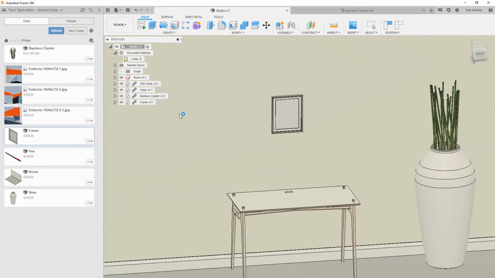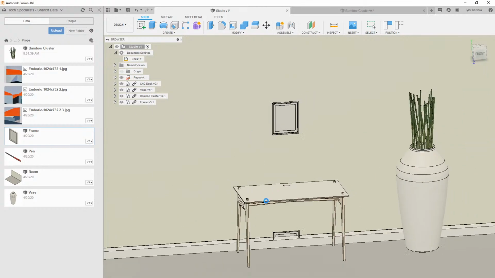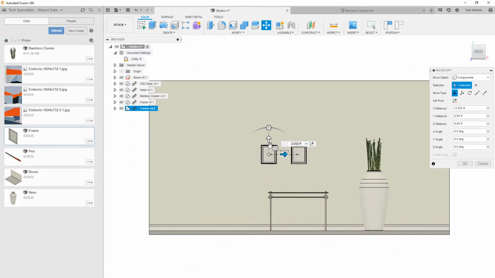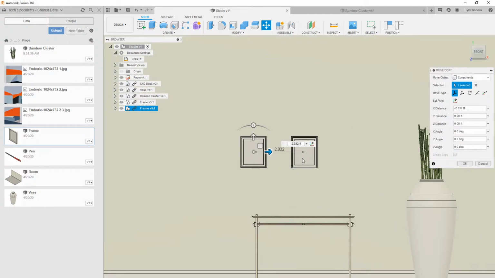So I'm going to just drag a couple more into here. There's a couple other ways to do this too. You'll see me dragging and dropping 3 separate versions of this frame in here. I was doing it before, and ultimately I want to add a decal to the inside of this frame. And I was actually trying to use a patterning tool to make it absolutely perfect on each side, where I